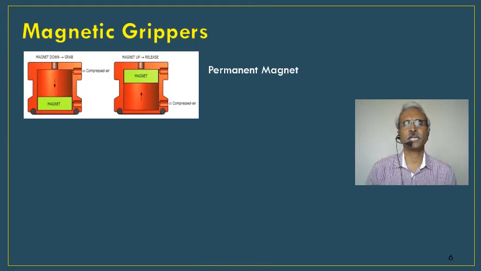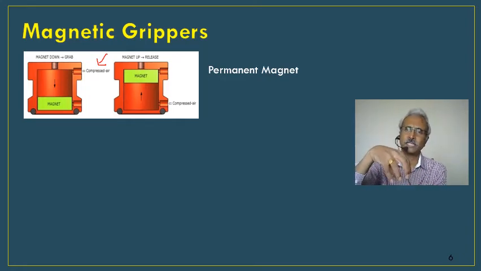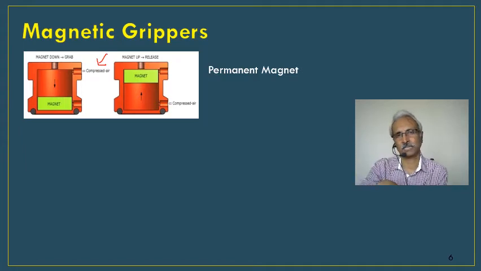Here you can see the diagram, because there are two options. One, a permanent magnet. Here you can see, of course, there is compressed air. When the compressed air goes inside, the magnet goes down, and when you take it near the object, it gets picked up. And then another problem is when you take it to the location where this part has to be released, how do we release it when it is a permanent magnet? Right, it's a permanent magnet, so the object will be all the time attached to the magnet. How do we release it?